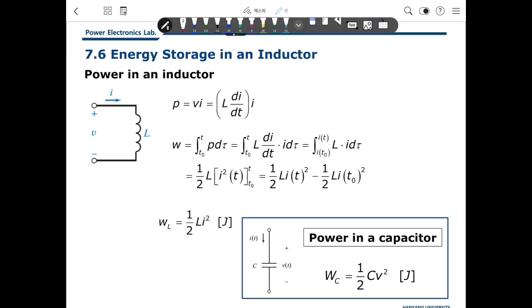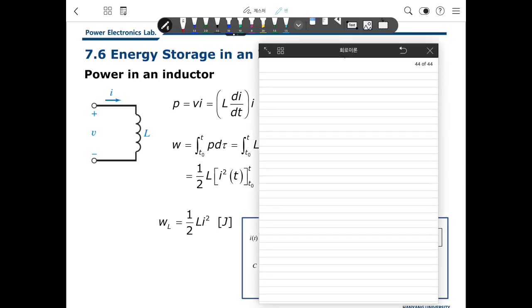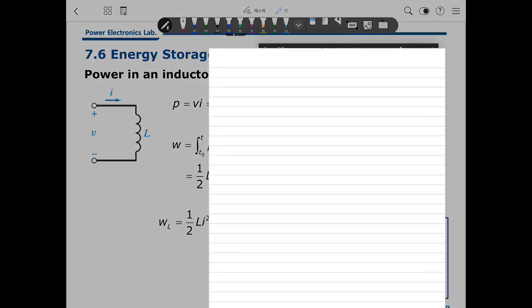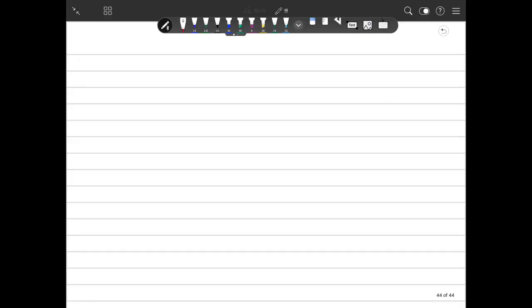This is chapter 7.6, the energy storage in an inductor. When we studied the capacitor, we discussed the energy stored in the capacitor. In the same way, we will deal with the inductor energy. As you see, in the case of a capacitor, the energy in the inductor is the same. The energy is